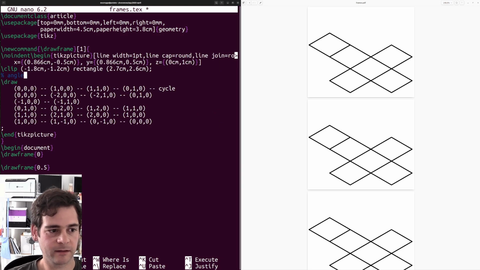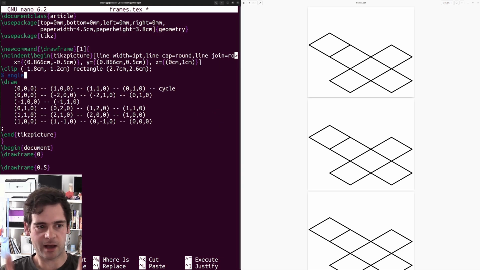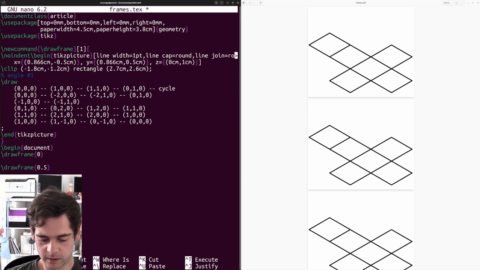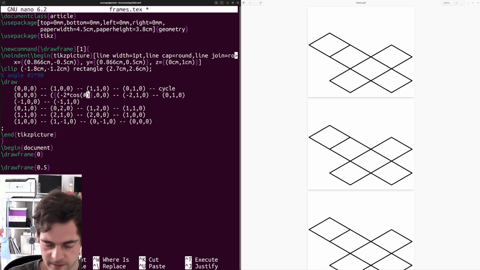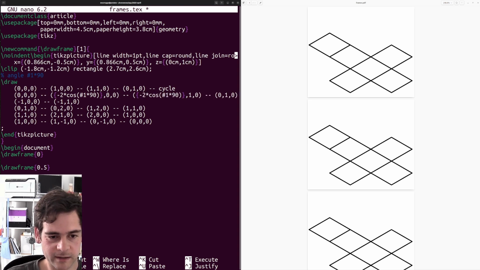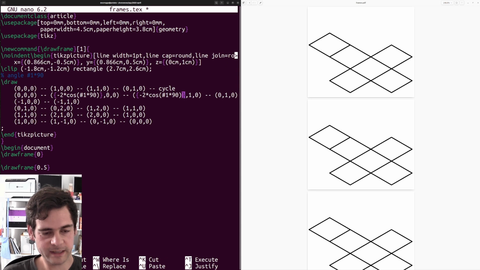The angle which I want to lift all these faces up is going to be number 1 times pi over 2, because pi over 2 is 90 degrees, so the angle is going to be that. In fact, I think LaTeX uses degrees. So that's cos of this times 90. I don't need to put brackets there, like that. Similarly here, cos, because essentially we want the